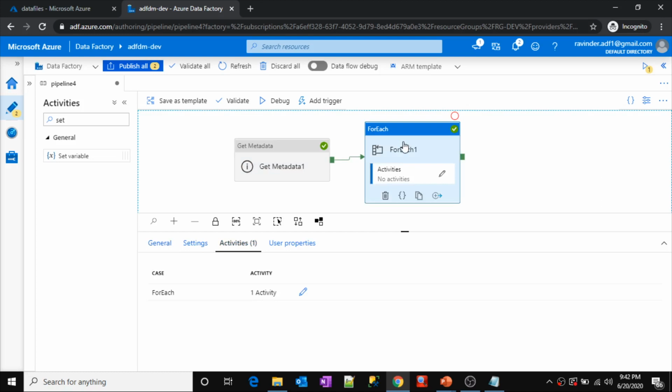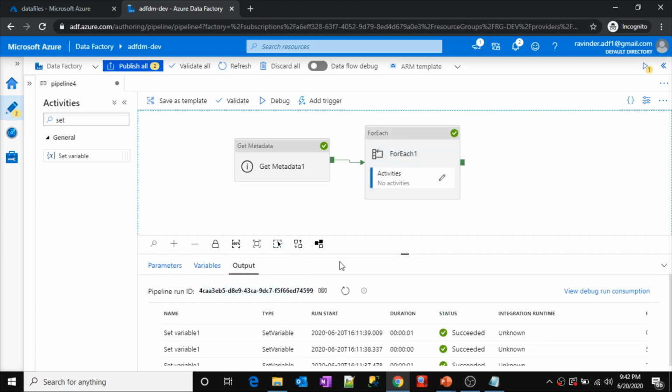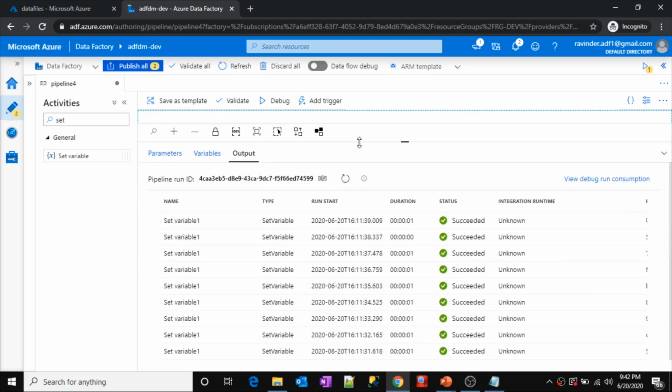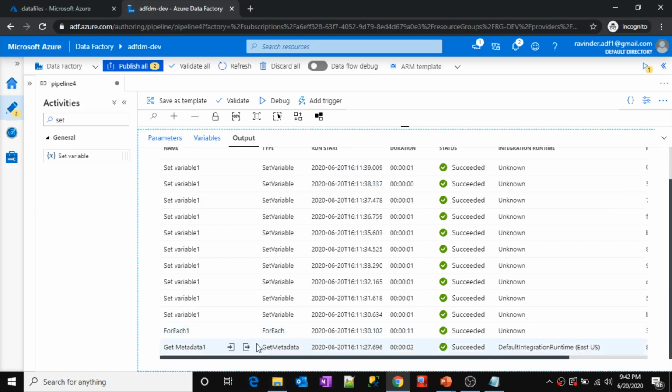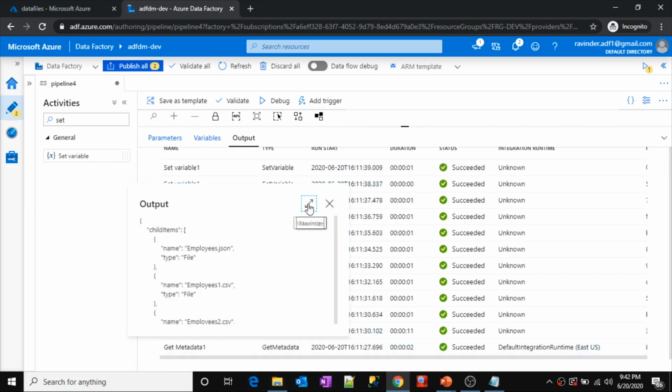This is how, in real time also, whenever you want to make use of the output of one activity's JSON in another, you need to first execute that activity and then go to the output JSON of that activity, like how I did before.